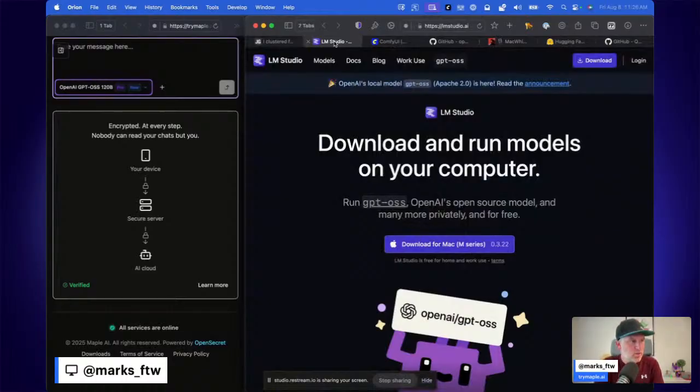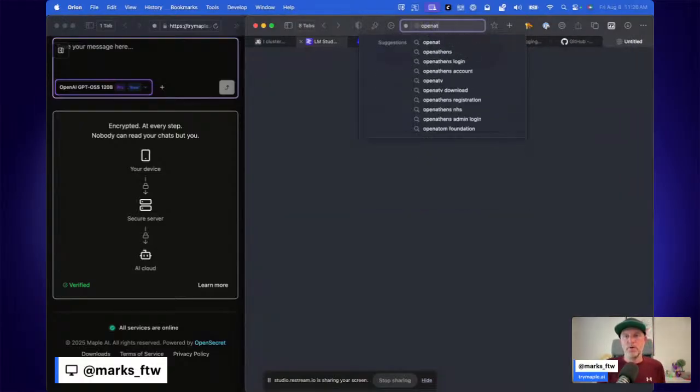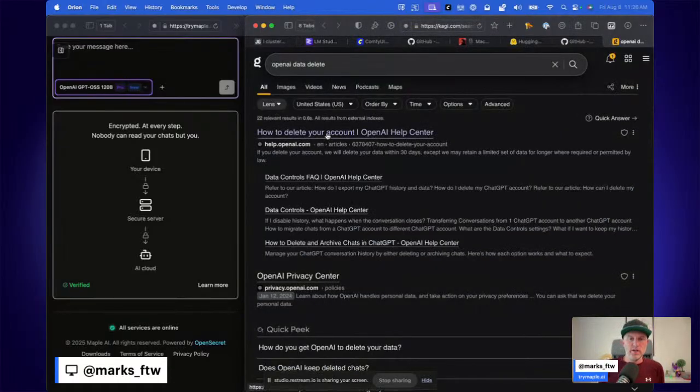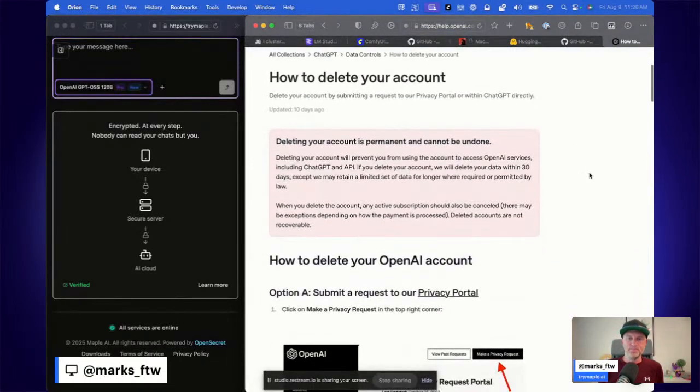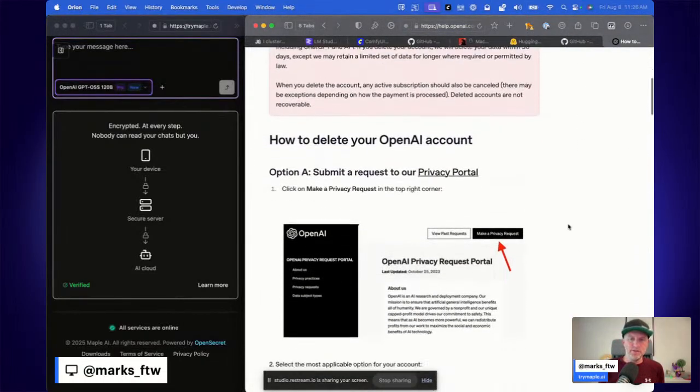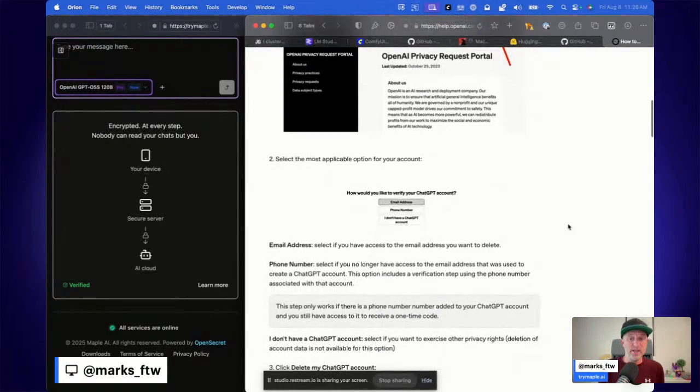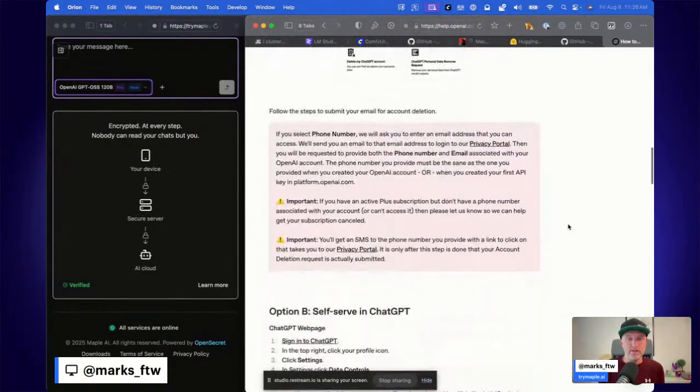And let's look at this question here. Is there a way to request your chat data from OpenAI if you realize you don't want them having all of your data? So there are a couple of things you can do with OpenAI. OpenAI data delete. I'm not going to log into my ChatGPT right now on the stream, but go look at here and you can see how you can submit to have all of your data deleted, which is kind of